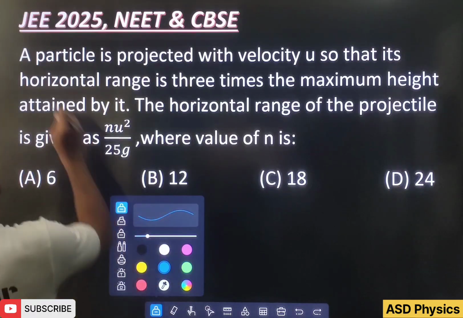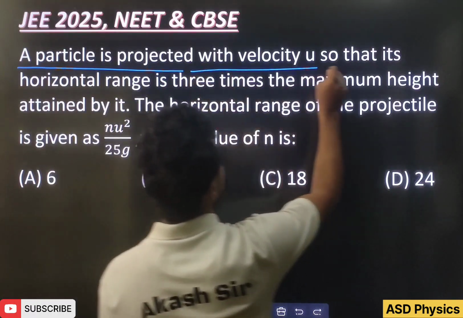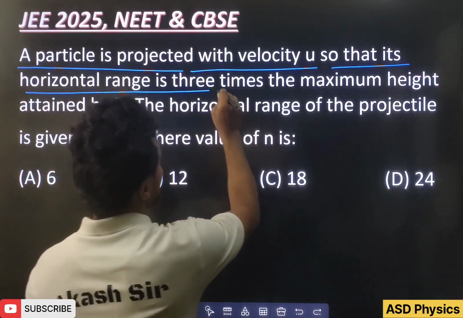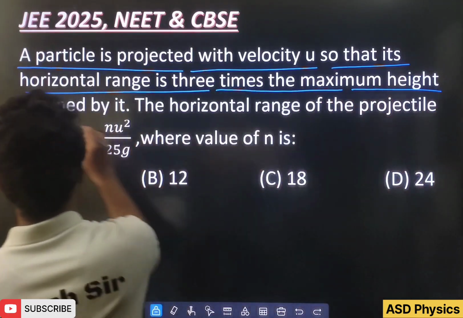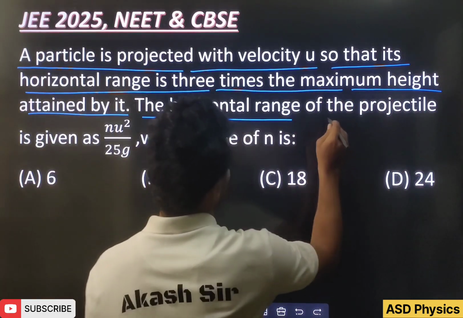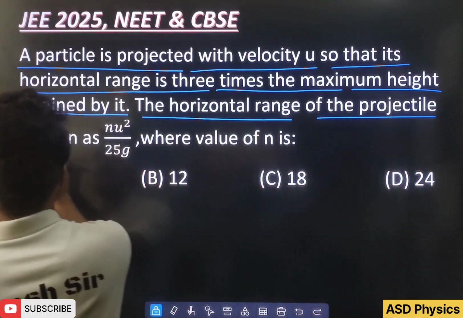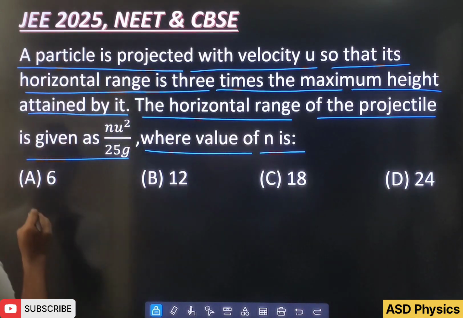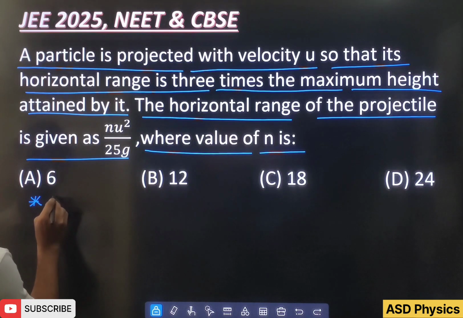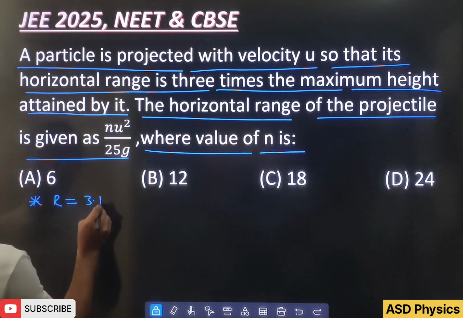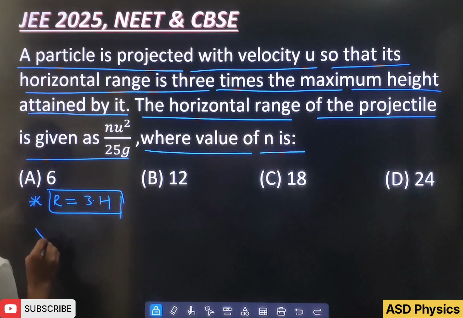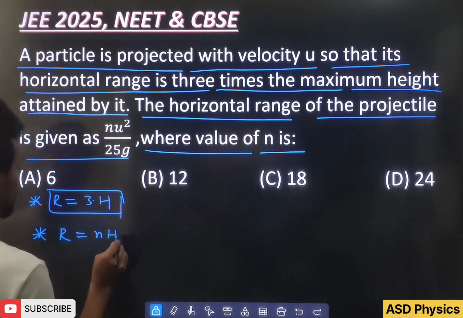The question is, a particle is projected with velocity u so that its horizontal range is 3 times the maximum height attained by it. The horizontal range of the projectile is given as this one. What is the value of n? Remember that in the question they are telling that R is 3 times the maximum height. R equal to 3h they are giving. But what I have told you very well, when R equal to nh,